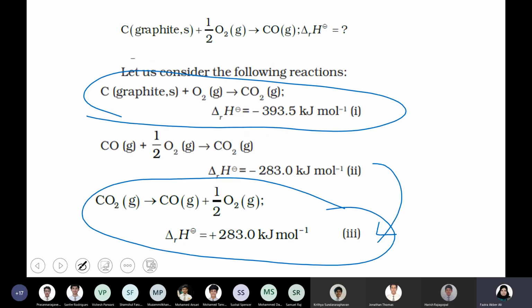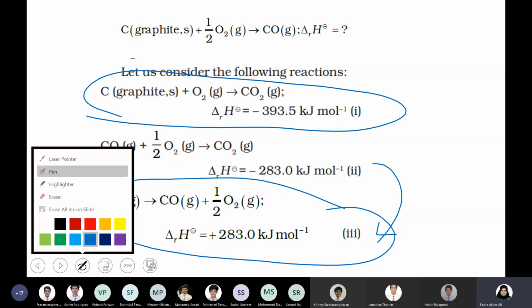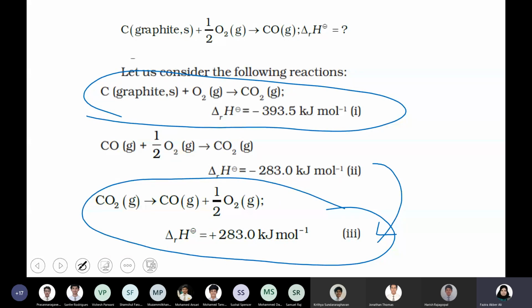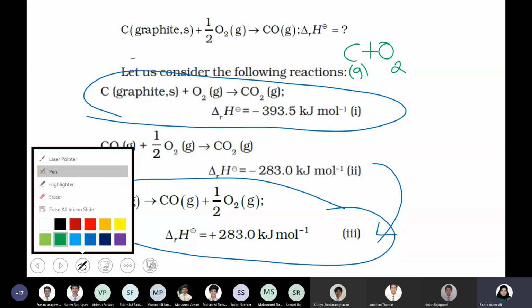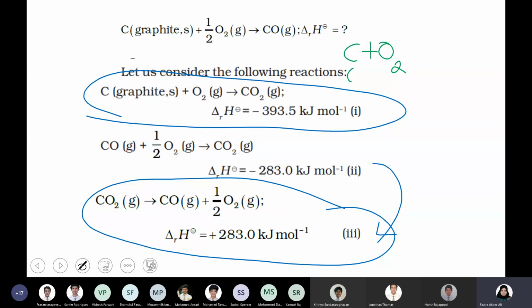Adding equation 1 and 3. How you can add equation 1 and 3 is like, you can see equation 1, which is highlighted over here, and 3, you can see C plus O2. I'm not writing everything because there is lack of space on my screen, so I'm just using the short forms. Please, when you're writing, you can write the complete thing. It could be C graphite plus O2, and CO2 and CO2 is there on both sides when you're adding.